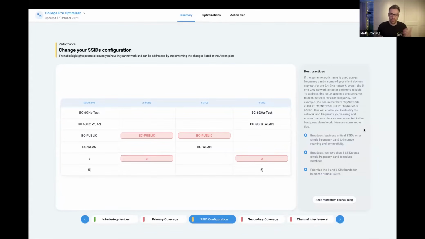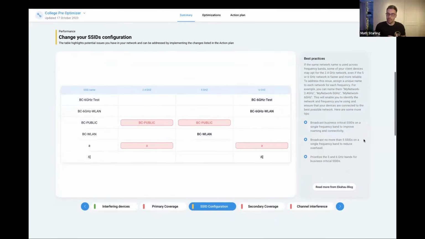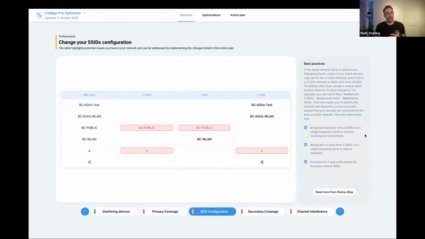And well, we as Wi-Fi pros know that's possibly not necessarily the best practice that we would like to do, because sometimes our client devices don't make good decisions, and it's always down to the client device on which frequency to connect to if you offer them the choice. So in a scenario where you've got your network and access points broadcasting the same network name on 2.4 and